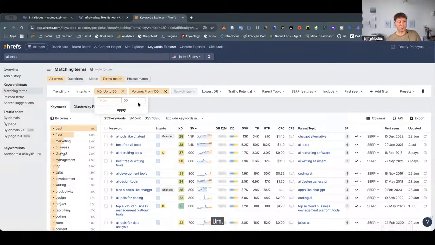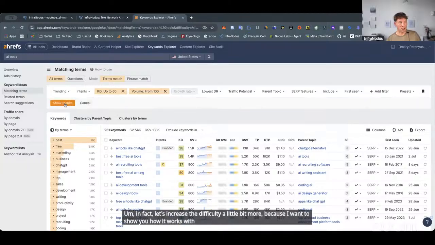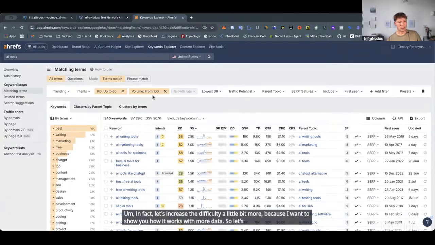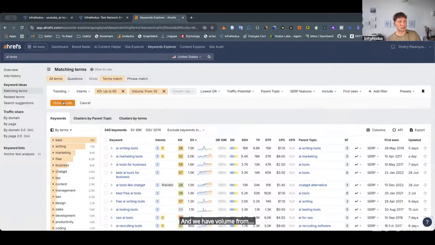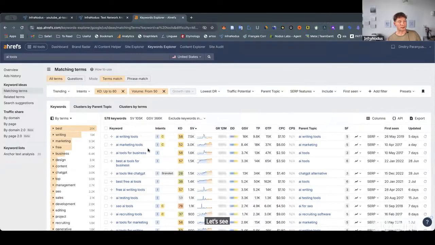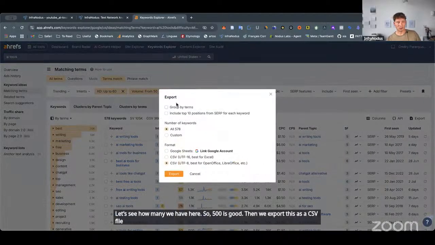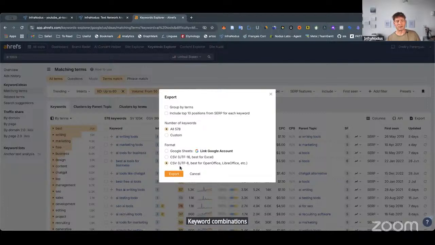In fact, let's increase the difficulty a little bit more because I want to show you how it works with more data. So let's see 60, and we have volume from 50, for instance. Let's see how many we have here. So 500 is good. Then we export this as a CSV file. So I say export all the 578 keyword combinations as a CSV file in UTF-8 format,